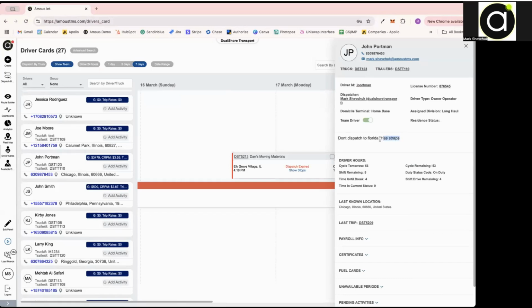But we have added a section inside here called the comments. So the comments can really be utilized for anything that you want. For instance, let's say this driver hates going to Florida, so we're going to say, don't ever dispatch this driver to Florida. Or he has 3 straps, 15 straps, whatever else. Whatever is required of you to enter inside here to make your job easier as a dispatcher within Amous,